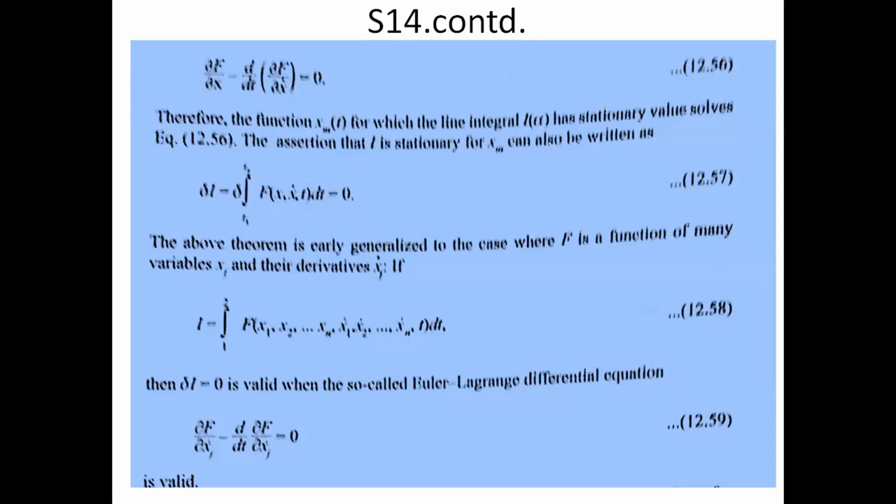It will not be a path of shortest distance, it will be a path of shortest time. So this principle, Hamilton's principle, is simply a generalization of the observations that I have made. So I have in the slide S15,